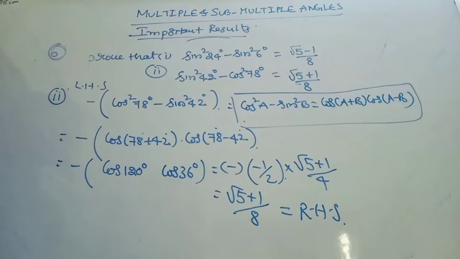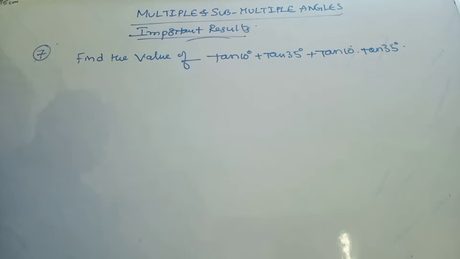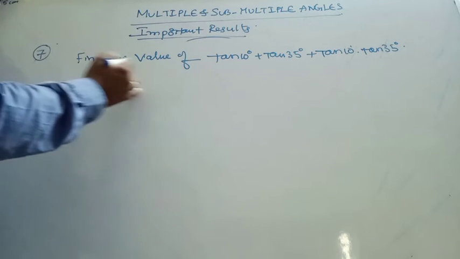We got this. My dear students, my request is that you sincerely follow all the formulas and results in trigonometry. Without formulas and results, you cannot do a single problem in trigonometry. Therefore, it is necessary that if you know the results, formulas and concepts, you can write the exam, JEE Mains exam, very well. You see, my dear students, this particular problem, seventh one, find the value of tan 10